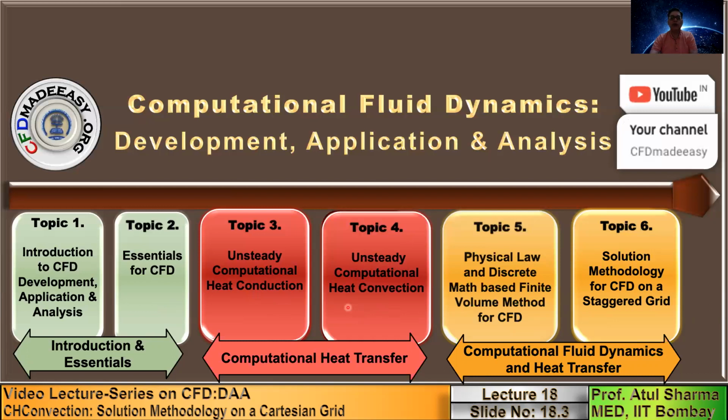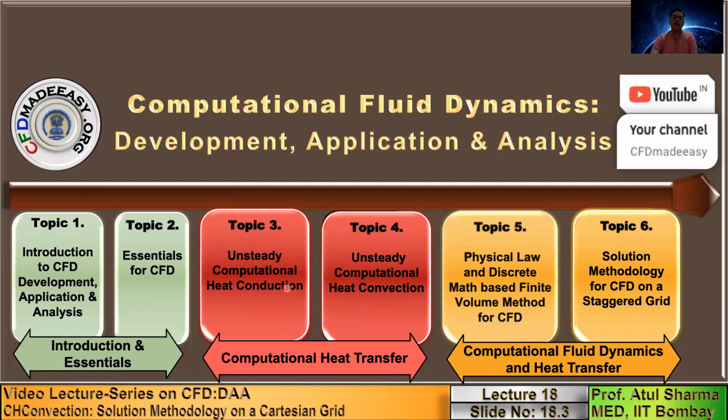As you know, in any product development, the development is component by component. So this computational heat conduction corresponds to the first component of our product development corresponding to a CFD software. This computational heat conduction is a diffusion component, and this computational heat convection is a combination of diffusion and advection transport. Whatever computer program you have developed for computational heat conduction was our first component.